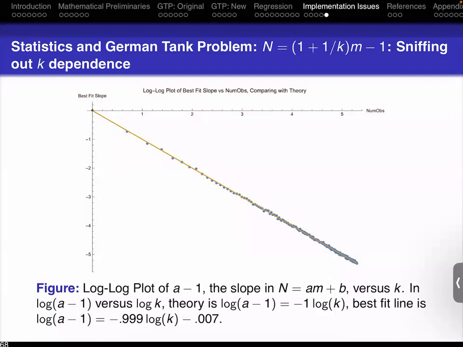What this is telling us is, just by looking at the data, if we try to predict what the functional relationship is going to be between n and m, if we think n is some nice function of k times m, this is telling us that function should be 1 plus 1 over k. We got that without doing any theory. We got that by just doing a couple of values, simulating things, and then using our knowledge to predict.